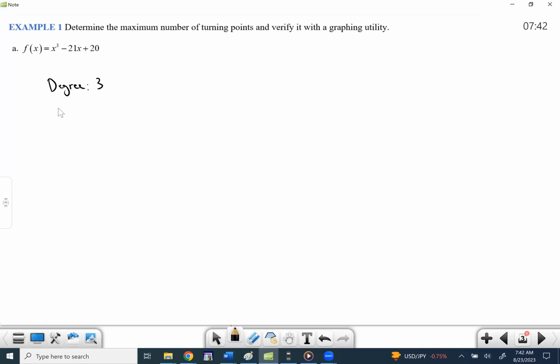So that means as far as the maximum number of turns, it's going to be one less, right? So this would be 2. So let's go ahead and verify it. Now, we're not saying it is 2. It could be 0, 1, or 2, right? Okay, so let's go and look. So we're going to grab